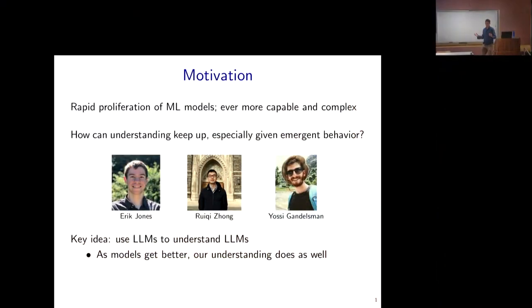The basic motivation is the rapid proliferation of AI systems being deployed. We had GPT-4, then Mistral, then Sora, and then Claude 3. They keep getting better, but also more complex, and they are doing more and more different things. Often they do unexpected new things. We get emergent behavior, where suddenly there are new behaviors or new capabilities that might either